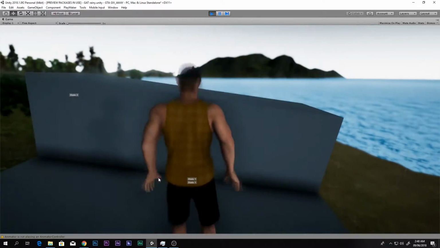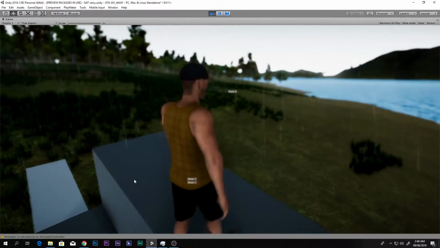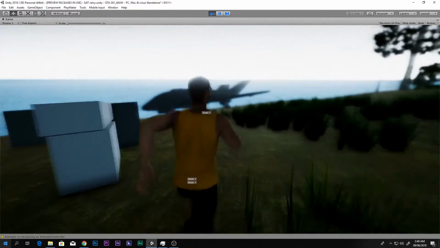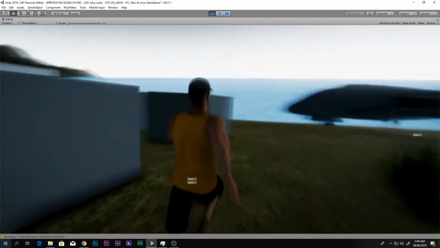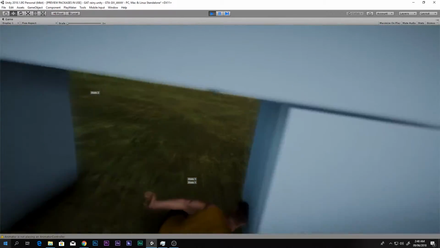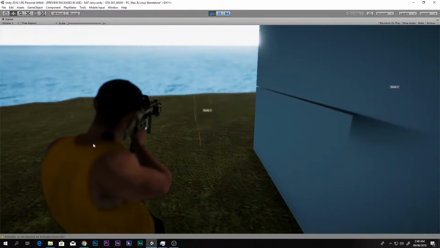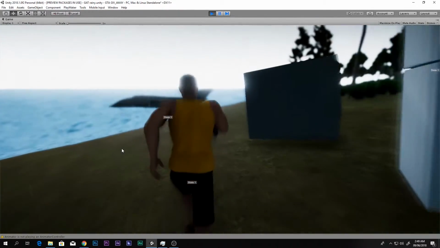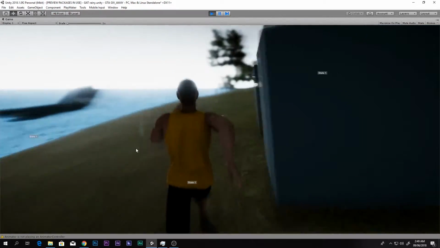So I am going to continue my GTA series, so if you haven't seen them, go ahead and click the link in the description box below and see my GTA series first. After seeing that, you will be able to make this kind of really awesome thing, like all of this stuff. But in this video we will be covering how to make this